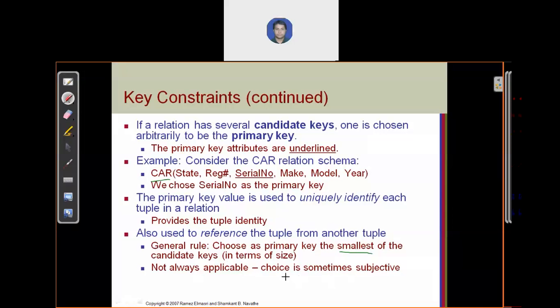And the second point is that it is sometimes subjective, depending on the context in which we are using the database. What the primary key is for that relation depends on the application context in which you are going to use your data. Suppose there is a student relation again, the same: roll number is one attribute, name is one attribute, and contact number or mobile number is one attribute.